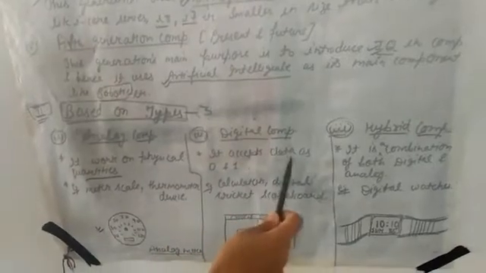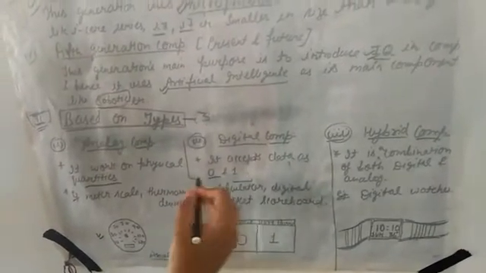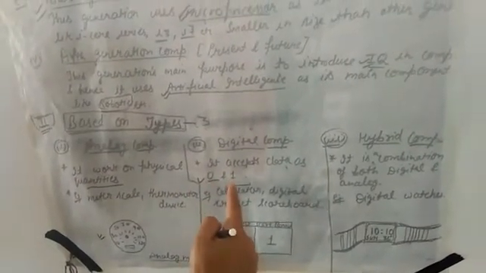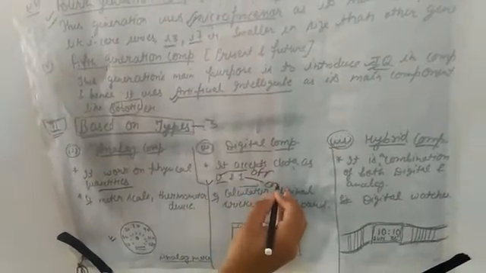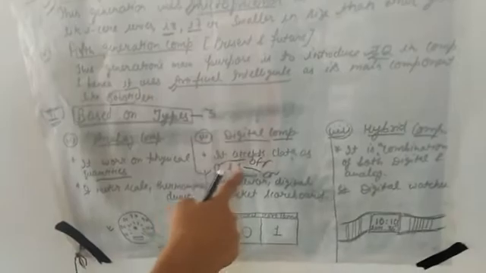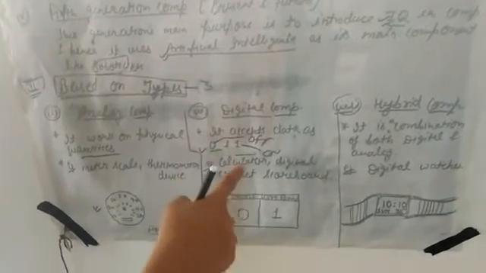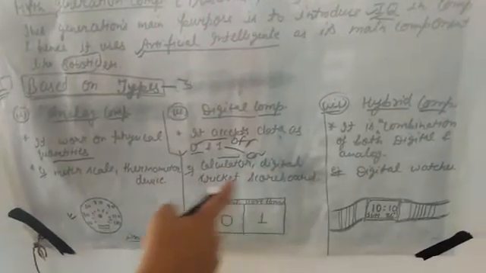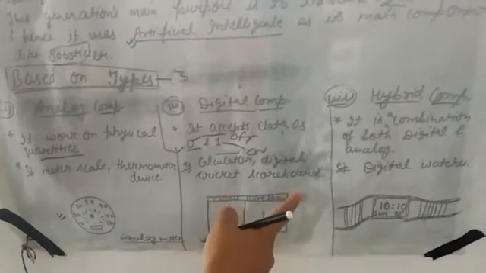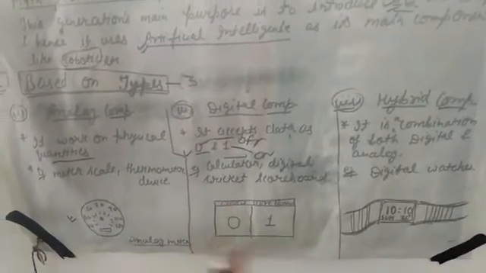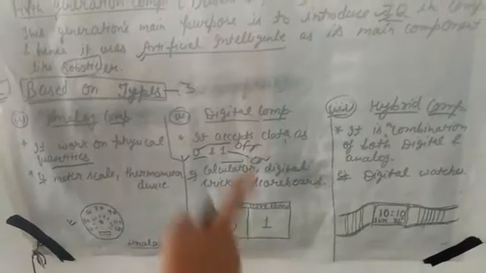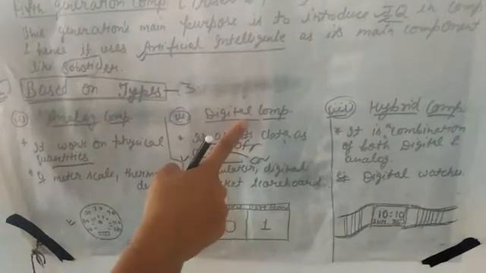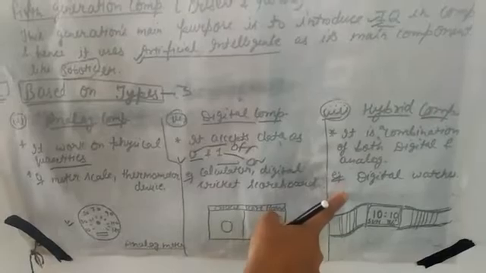Now come to the digital one. Digital accepts the data as 0 and 1. It works on switching on and off. 0 stands for off and 1 stands for on. So these work on off and on conditions. Examples are calculator and digital cricket scoreboard. Yes, you have seen the matches; in those a digital cricket scoreboard is there. So they work on 0 and 1. That is a digital computer. Now come to the third one, that is hybrid.